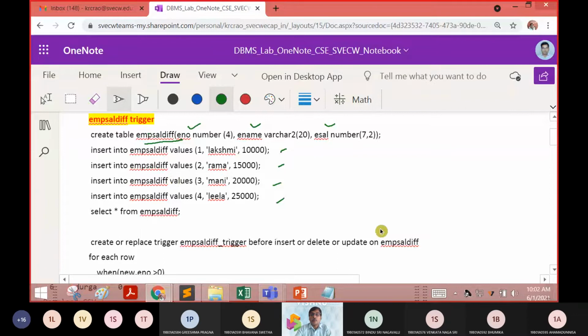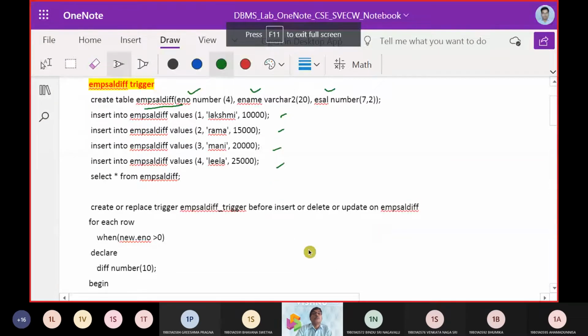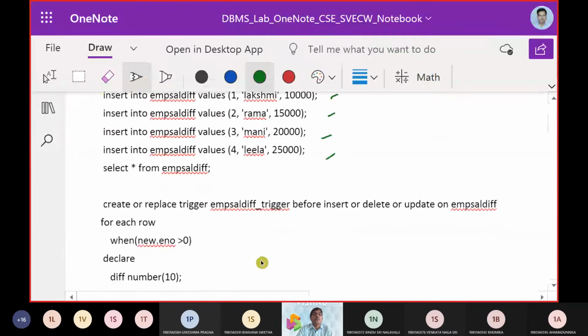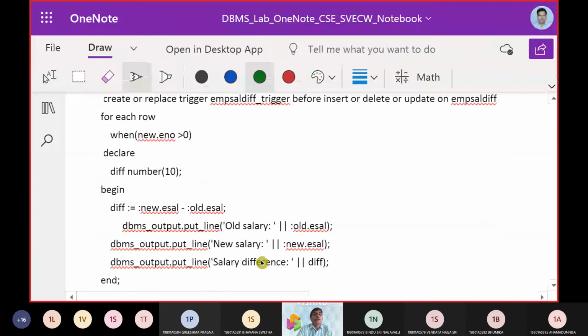Now what we are going to include is bring up a table, and here you can see the options: create or replace trigger. The name of the trigger we call employee salary difference, and it is going to be provoked before insert or before update.